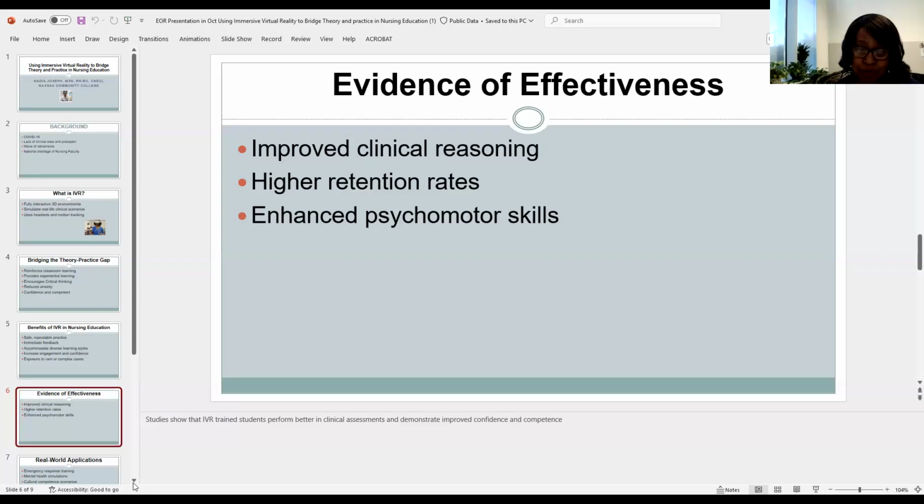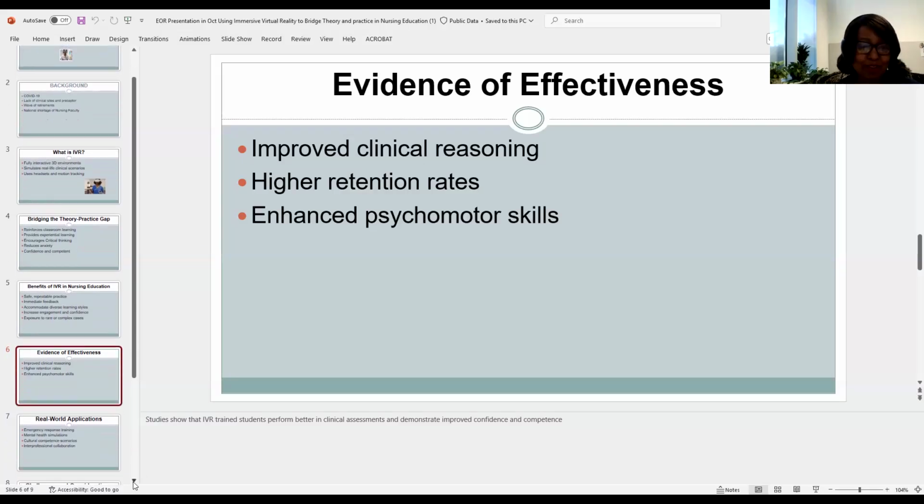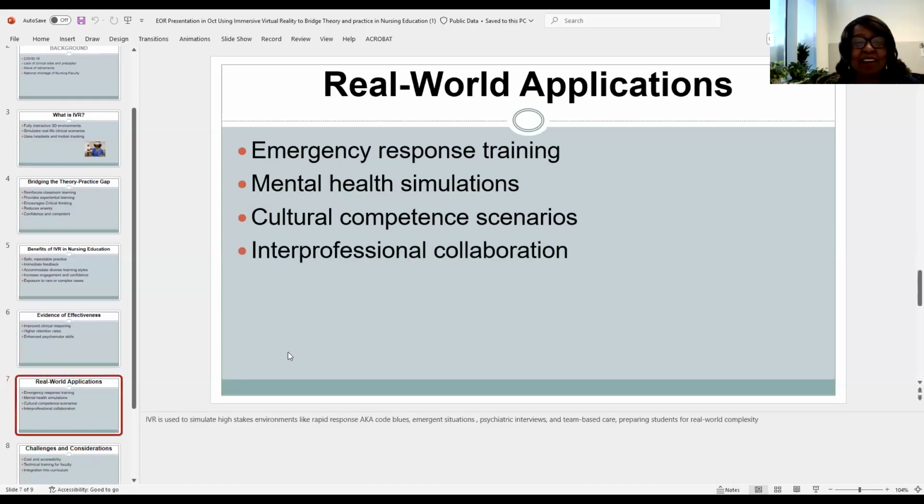I'm trying to talk fast because I know we're running out of time. Again, like I mentioned, emergency response training. This is a real world application that you can do. It can do any kind of scenario. It does not matter, it could be in a different discipline, behavioral health, or maternity, whatever it is, as long as it suits the learners and makes sure that the